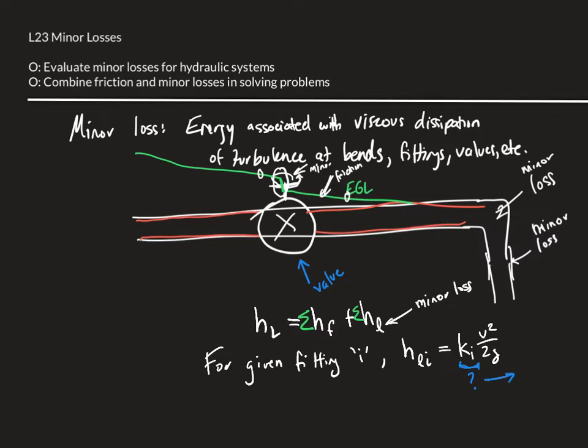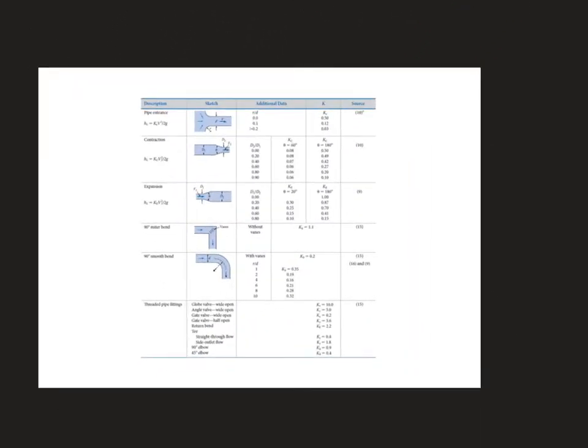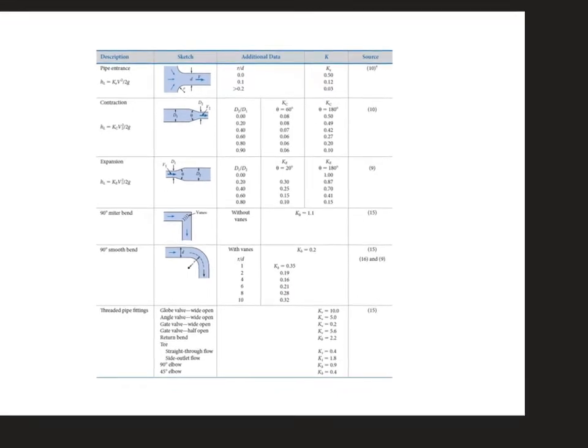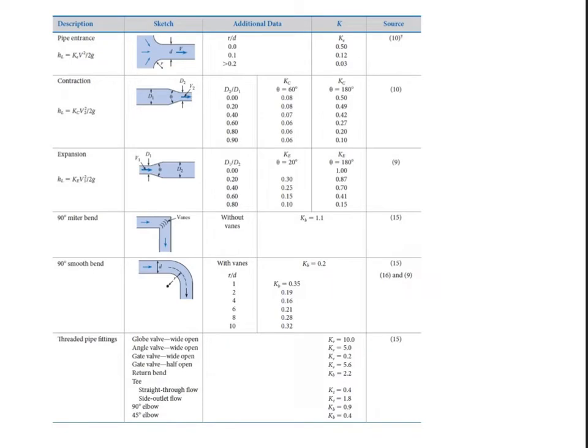And this K comes from a chart. This is usually how this is done. This is from your textbook, I don't remember what the chart is. If you're working a problem, and obviously this is not an exhaustive list, they do all of this experimentally to figure out what these values are. So if you've got a pipe entrance, in this top group right here, the head loss is K_E, the K for the entrance, times V